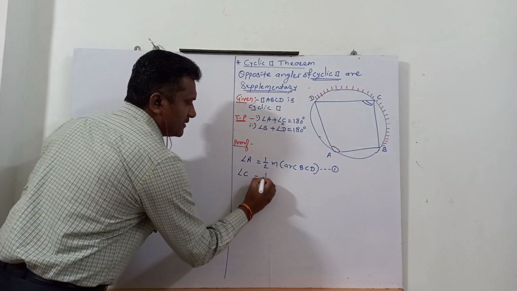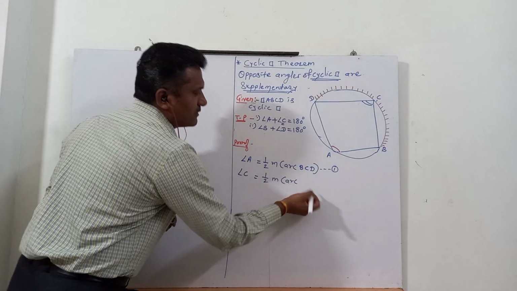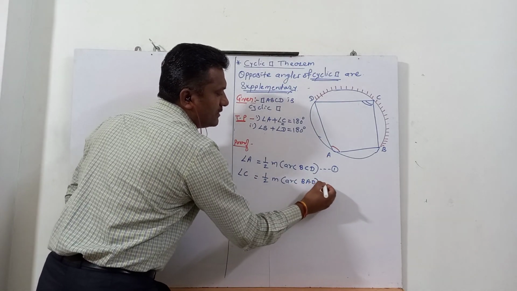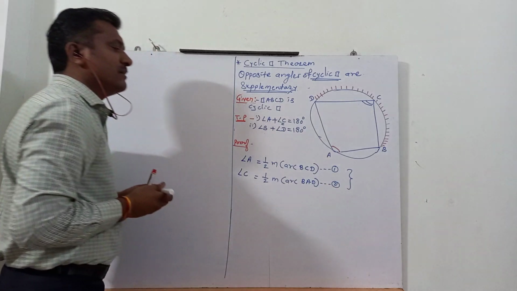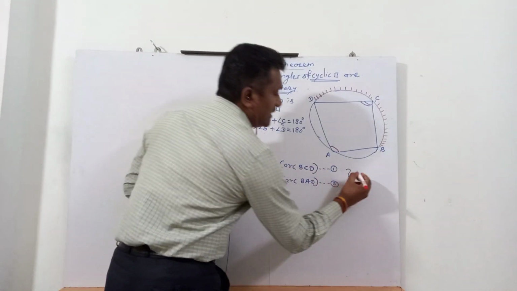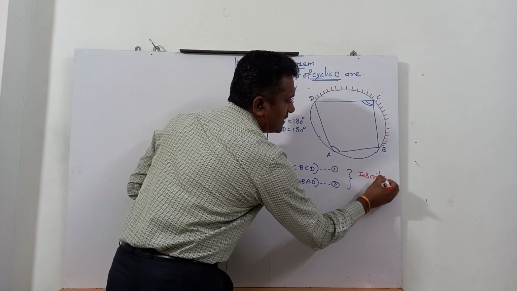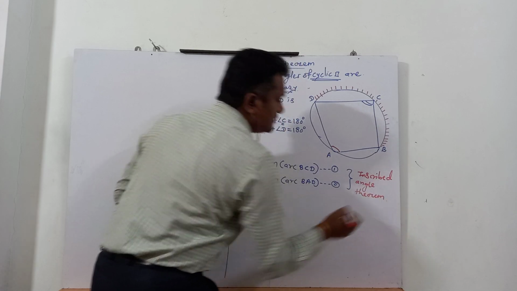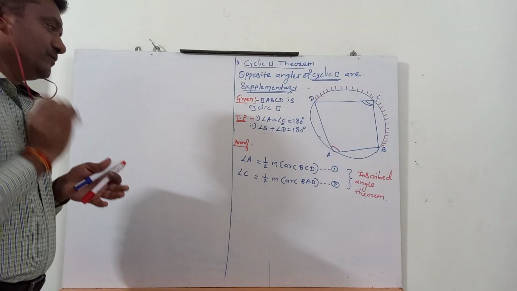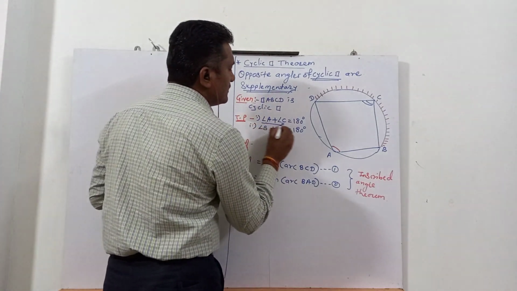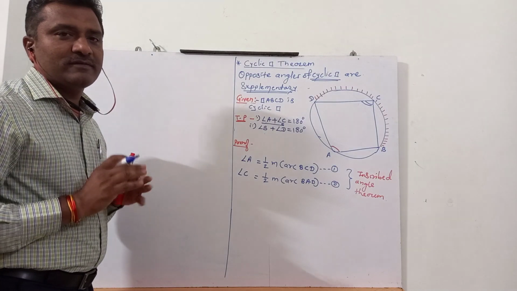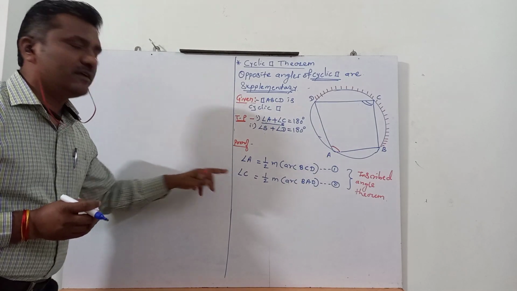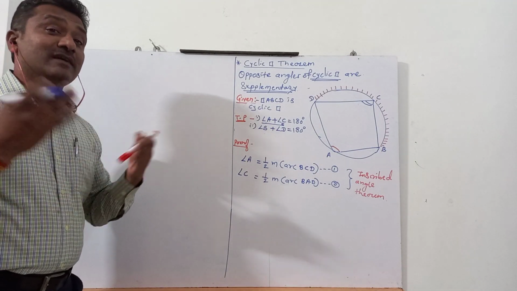It doesn't matter. So it is half of the measure of arc. Which arc is intercepted here by angle C? Arc BAD. This is equation number 2, and carefully you can mention the reason for this is the inscribed angle theorem. What is the reason? The inscribed angle theorem is the reason for both equation 1 and 2. Now look at to prove. We need A plus C. So what can we do with equation 1 and equation 2? You want to add them.